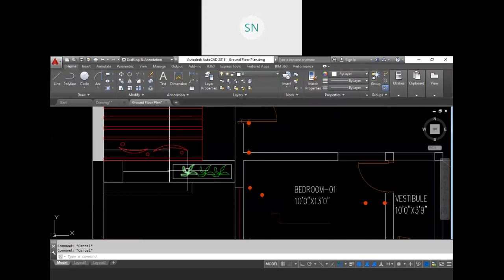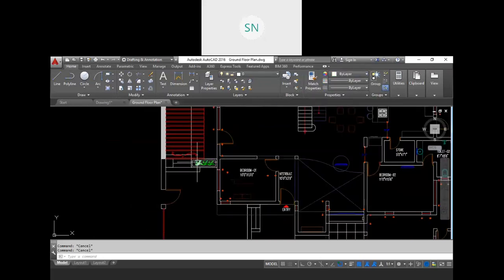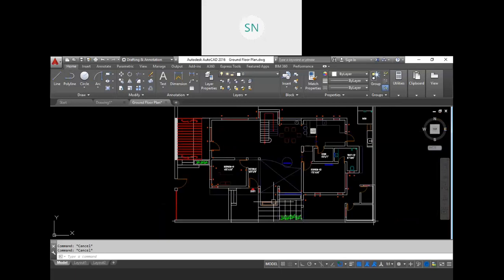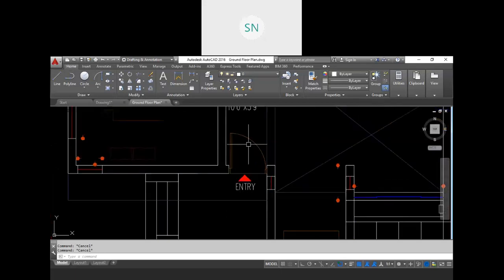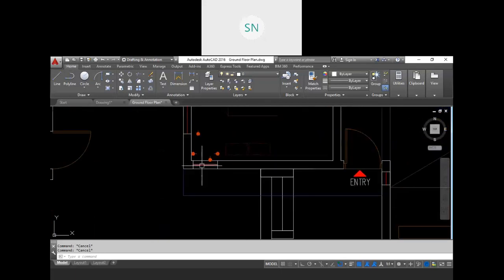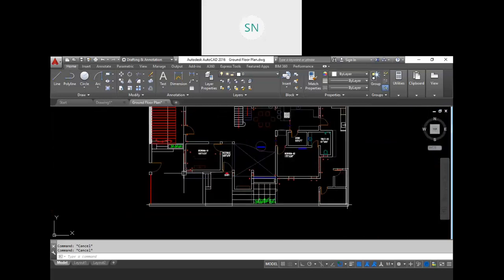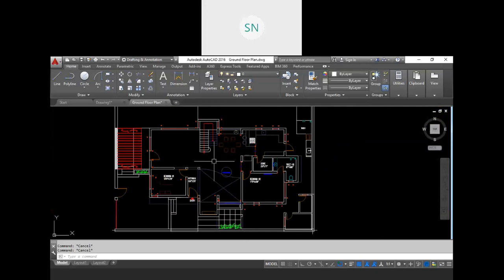You can create an individual layer for plants also. So if you want to remove your plants from the drawing, you can. You can create a layer for doors. You can create an individual layer for windows. For each and every category, you can create a layer, right? And then it will be easier for you to handle your drawing.